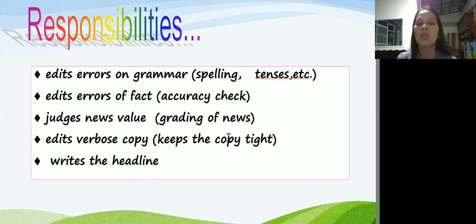Kasi in news articles, dapat hindi masyadong malawak. The story should be simple and short. And the last one is writing headline. So with respect in writing headline, you have to know how to construct a slug line and then write the printer's schedule, printer's direction. Okay.